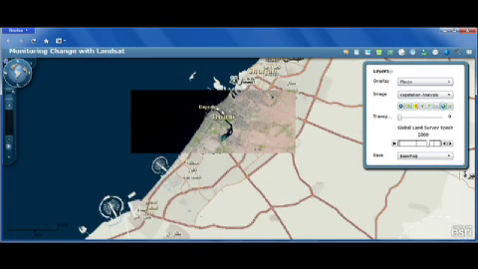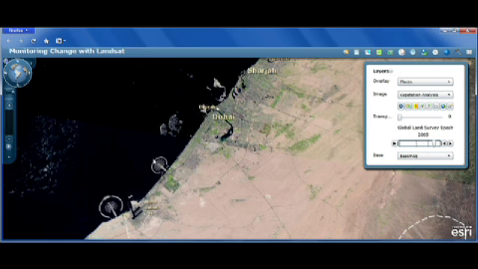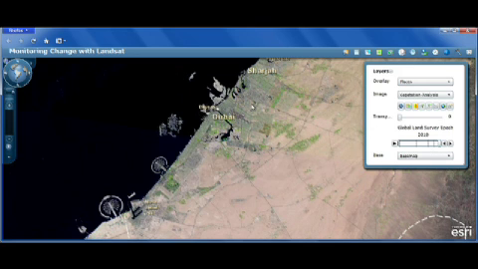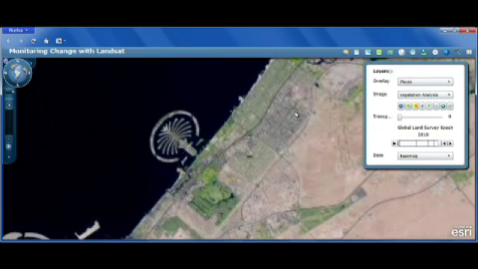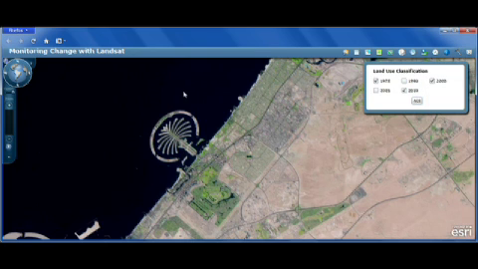We can see there's coastal development, and by the year 2000, they had built massive islands in the form of palm trees out into the Gulf. By the year 2010, further development along the coast. But what if we want to actually measure this change? Well, I can use this tool, define an area of interest,